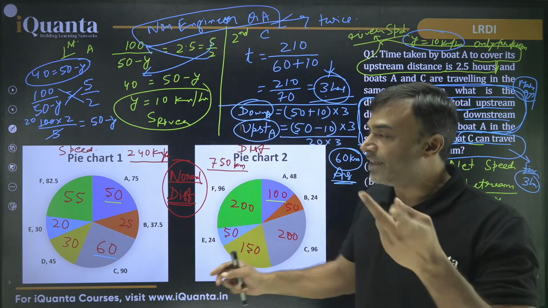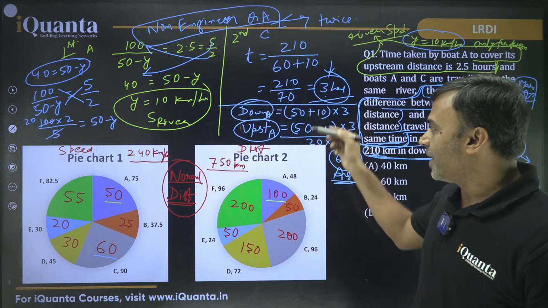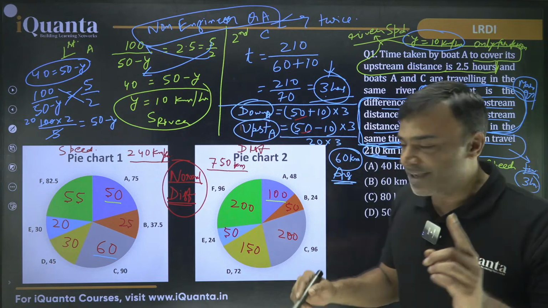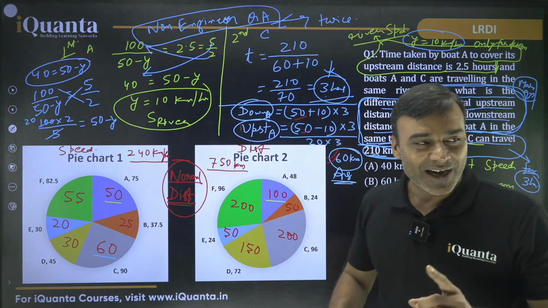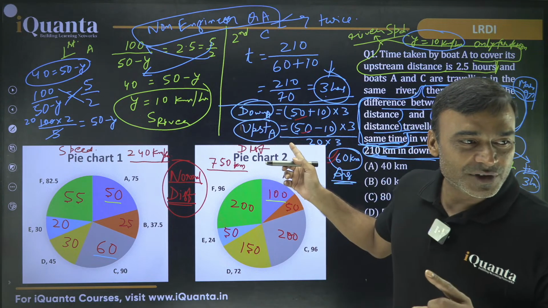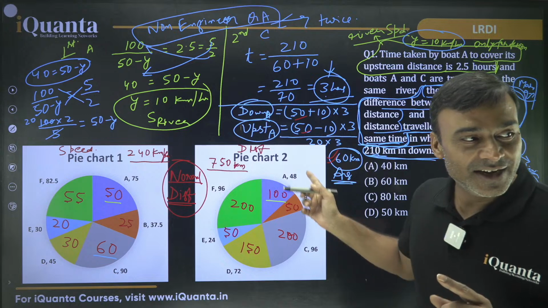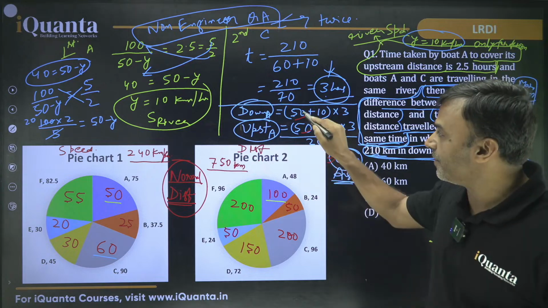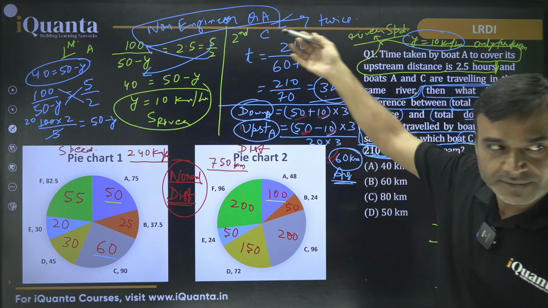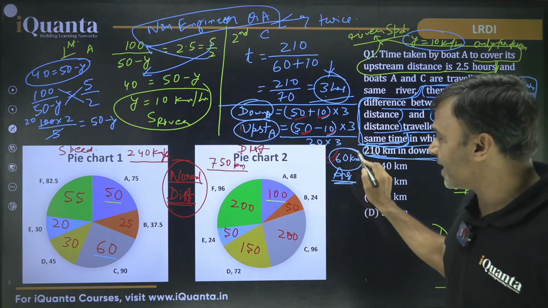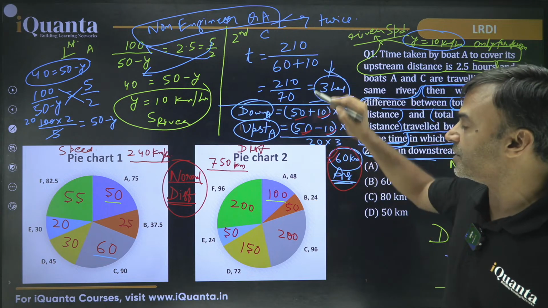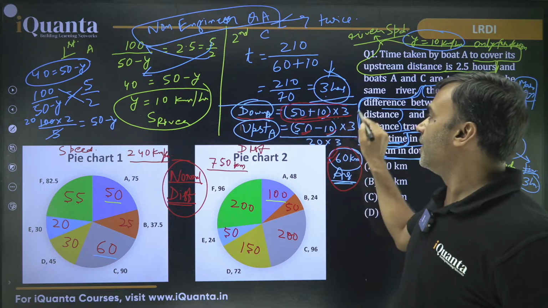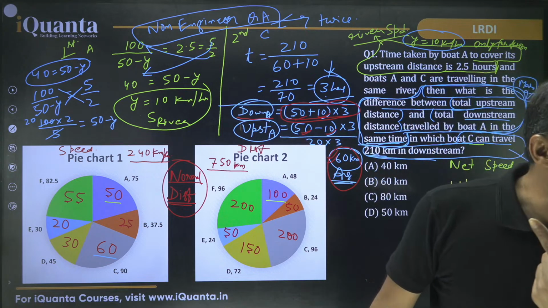Fine. Now look at the nature of question. When you subtract, this actually 50 and 50 gets cancelled, so we got lucky. We got lucky कि हमारा आंसर भी सही ही आया. Are you getting this point? हमने 50 उसका नॉर्मल स्पीड अज्यूम किया तो भी हमारा आंसर सही आया. We assumed 50 to be the normal speed instead of upstream speed. We still got our correct answer. Why? Because this 50 is getting cancelled. So only this 10, the value that we calculated, worked very well. So answer is right. If there was any other question, suppose the question was what is the downstream distance traveled by A, then that would be wrong. This particular value would be wrong if the question was about downstream speed.